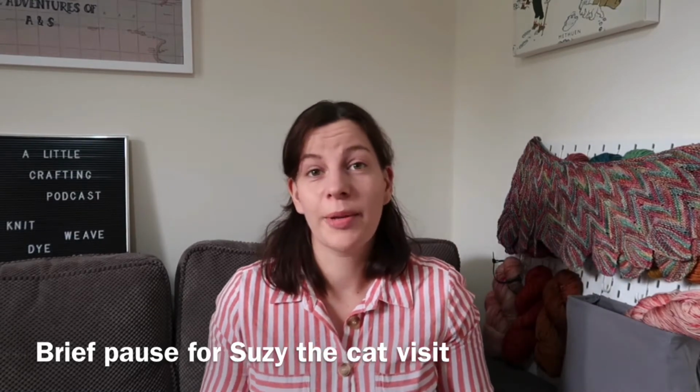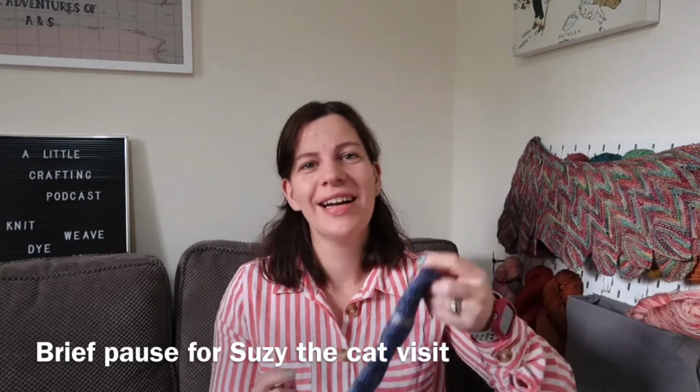Right, she's going to sit next to me, but that's fine. I'll just have to lean over her. So yeah, the other thing I have with socks, and actually this one might be okay, I am knitting this on, let's check, I think it's 1.75mm needles. That is really tiny. The reason I have to do that is because I'm a very loose knitter, and therefore there is a limit to how small or thin I can make a sock with the right amount of stitches, which is one of the reasons I've kind of given up on sock knitting. But